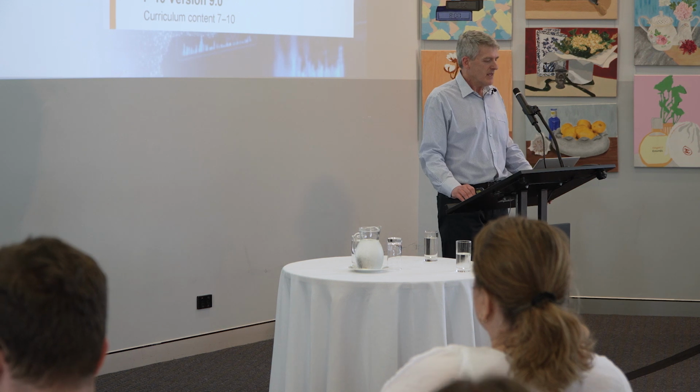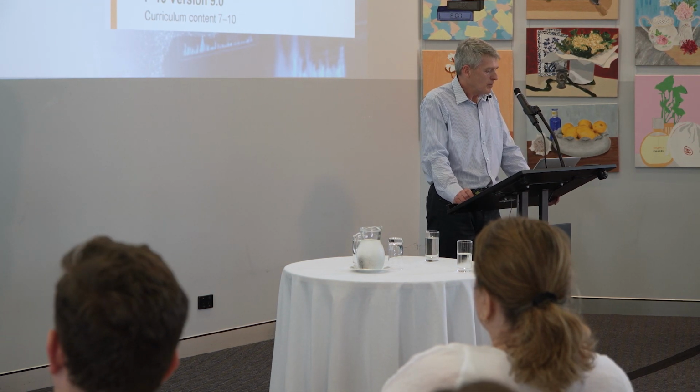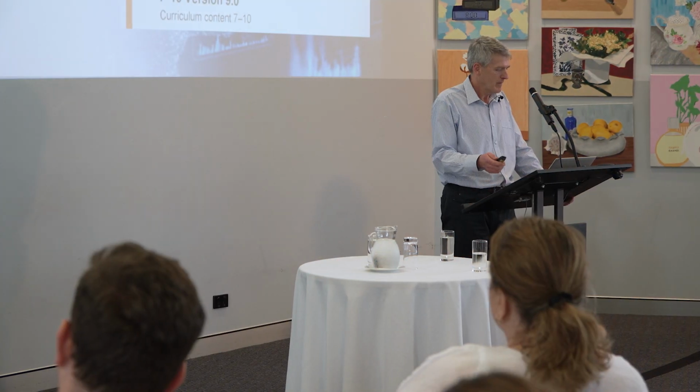So structurally, the first thing to note perhaps is that the 3 strands, number and algebra, measurement and geometry, and probability and statistics, are now 6 separate strands, with geometry being replaced with the word space. From a structural point of view, that's probably not going to make a huge amount of change to your courses. And you might remember from the previous version of the Australian curriculum, we had sub-strands as well, but